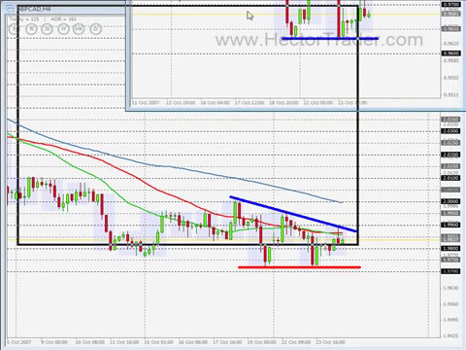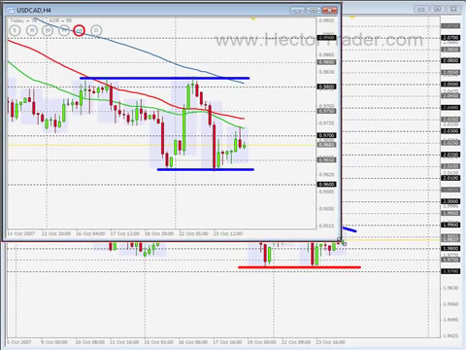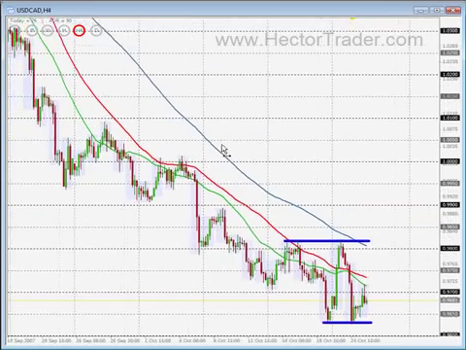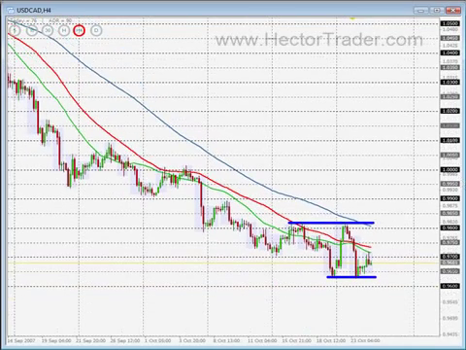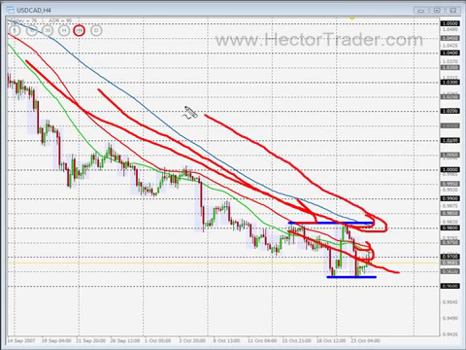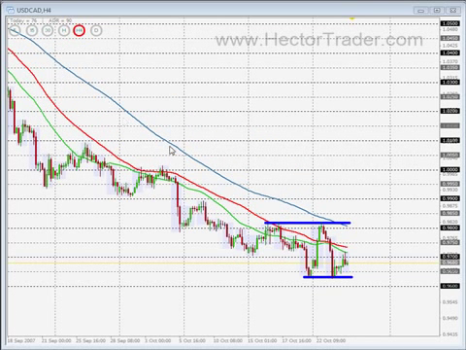The next one, the other setup that I was following today, is a very similar setup actually. It's the USD against the Canadian dollar. If I zoom out a little bit, we can clearly see a downtrend, a very clear downtrend, as signified by those moving averages, all of them pointing in the same direction, parallel to each other, price nowhere near the 100, etc. The type of moving average formation I like to see in my charts. Basically what we've seen is a period of consolidation, swing down,